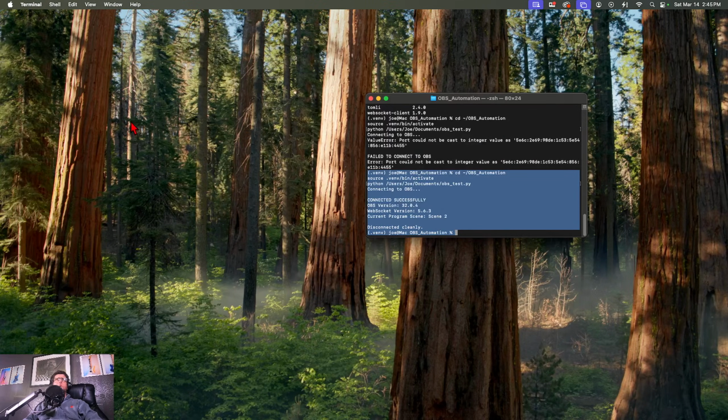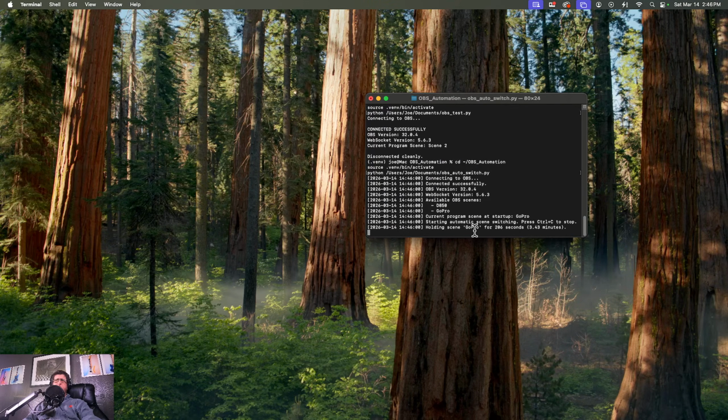Terminal. There's our terminal command. Connecting, connected, WebSocket version available. There's my scenes. Current program scene at startup, GoPro. Starting automatic scene switching. Press Control C to stop. Holding the GoPro scene for 206 seconds. So,